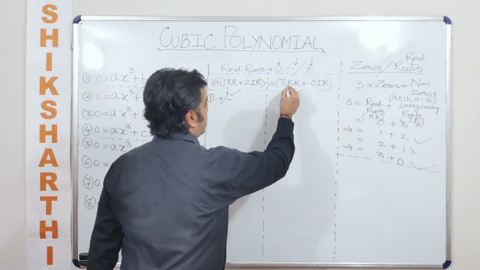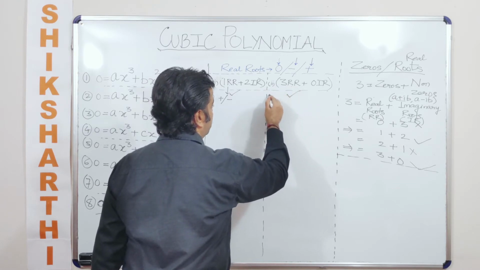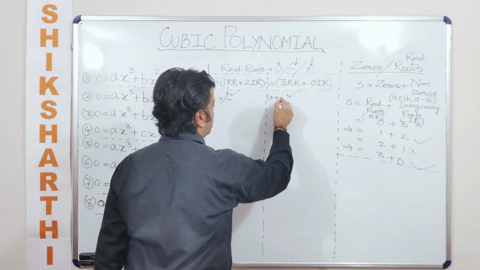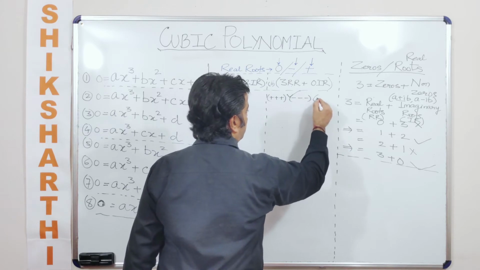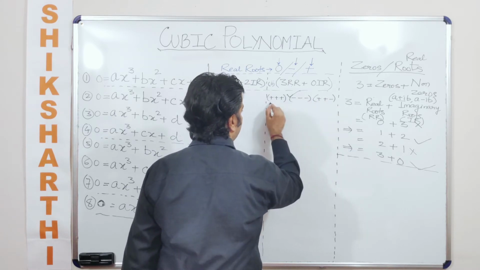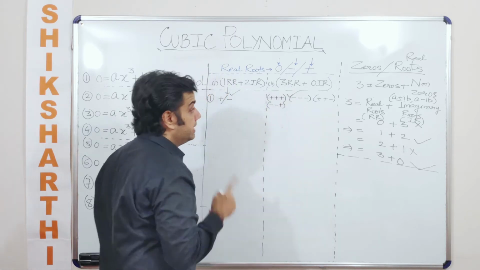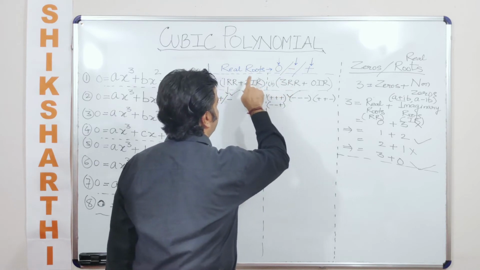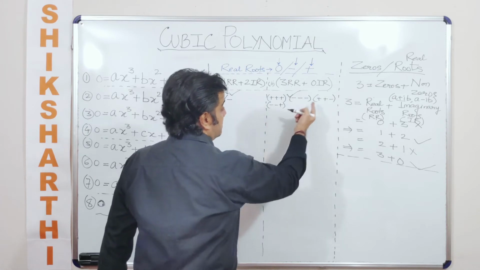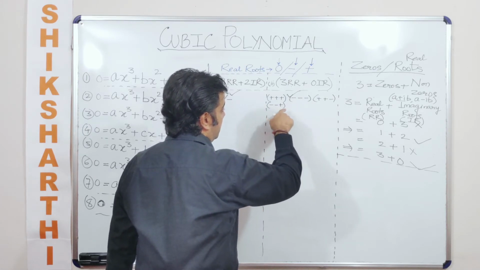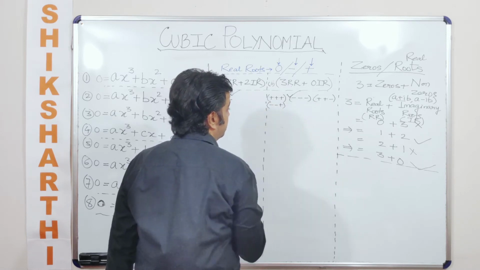Okay. Now here when we are talking about 3 real roots, now 3 real roots here could be what? Either all 3 of them would be positive, or all 3 of them would be negative, or 2 of them are positive and 1 is negative, or 2 of them are negative and 1 is positive. This we are talking about 3 real roots, because we talk about the polarity only when we talk about real roots. Okay. So now which case am I left with here? So we talked about all positive, all negative, 2 positive, 1 positive.